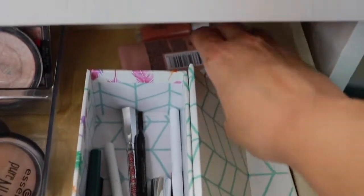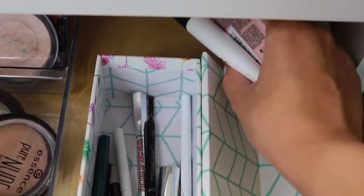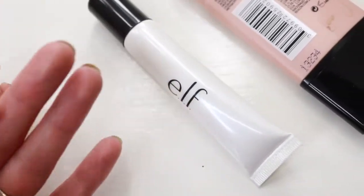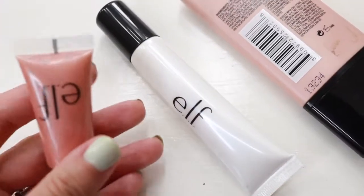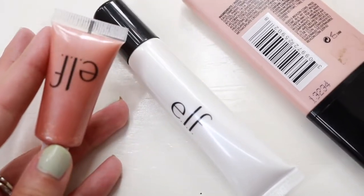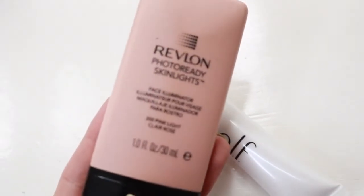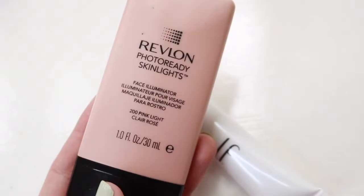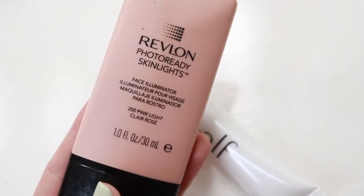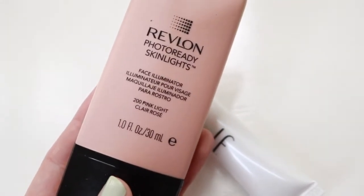And then back here, I also have some liquid blushes. I mean highlighters, not blushes. And this first one is from e.l.f. in Lilac Petal, I believe. And this is really beautiful, but honestly, I just never reach for it. Hopefully someone else will get some use out of it because I've only used it like once. And then I'm also going to get rid of this Revlon Photo Ready Skin Lights Illuminator. I talked about this in the products I wouldn't repurchase video, and I just really don't like this,